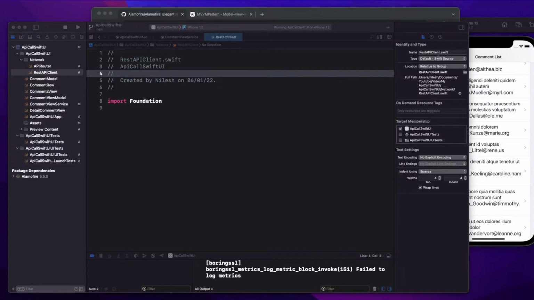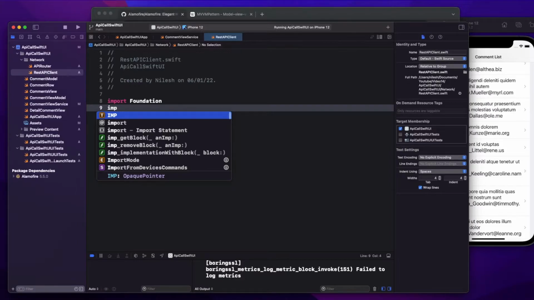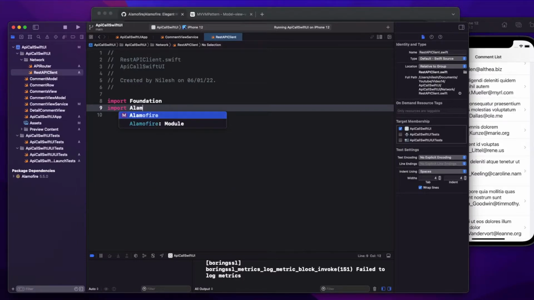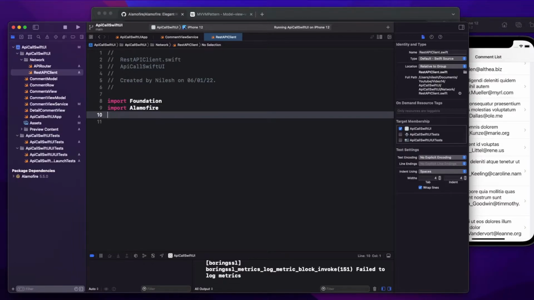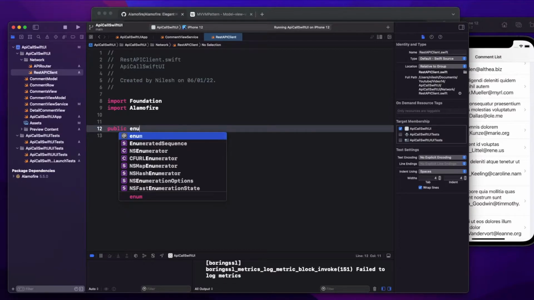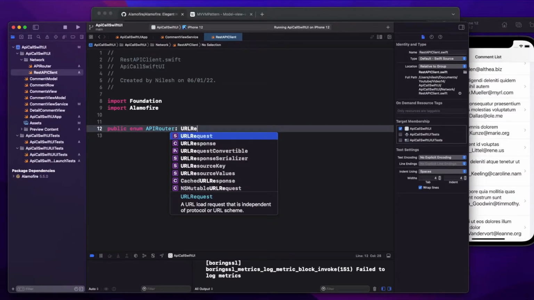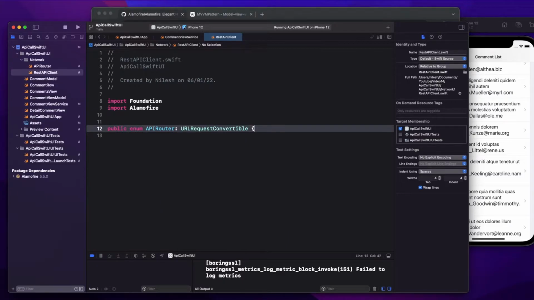First thing is that I'm going to import Alamofire, and then I'm going to write an enum APIRouter, and it is going to conform to a protocol, URLRequestConvertible.